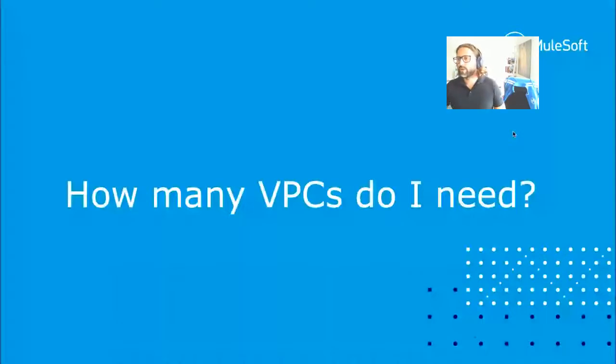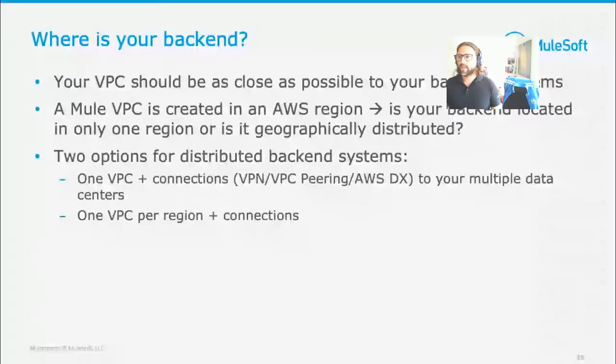In our case, if we are going to be connecting our VPC to our data center through any of these supported connectivity methods that we have available in Anypoint, to provide your Mule application access to your backend systems, the first question we need to ask ourselves is where that backend is located. As we mentioned before, the Mule VPC will be created in an AWS region. So the first recommendation, obviously, would be to create this VPC as close as possible to your backend system and pick a region which is as close as possible to your backend system to minimize the latency in the